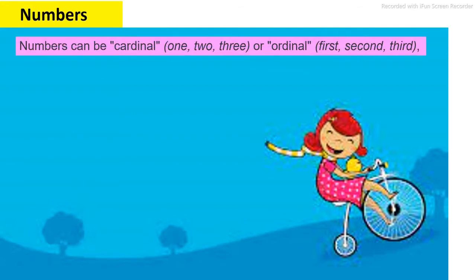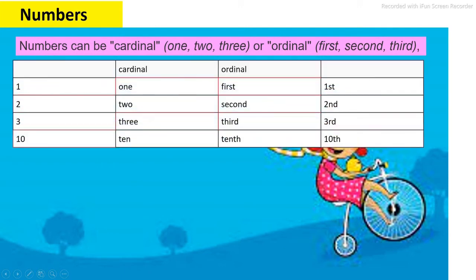There is one different category for the numbers as well. Numbers are also called determiners, and they can be divided into cardinals and ordinals. Like 1, 2, 3, that way if we count, it is called cardinal, and if we talk about position, like first, second, third, that is called ordinals. But both fall under the same category, that is the number. So if we want to talk about the number of the noun, we have to use the determiner of numbers.